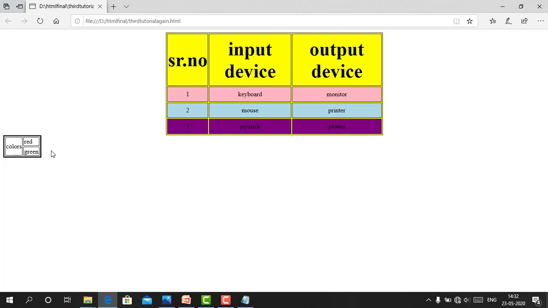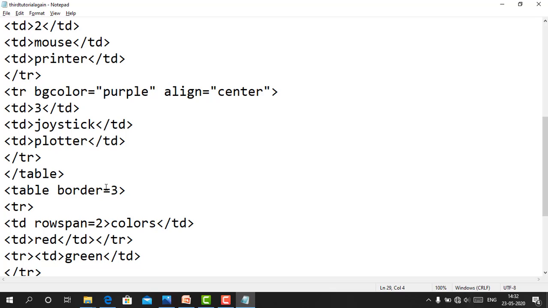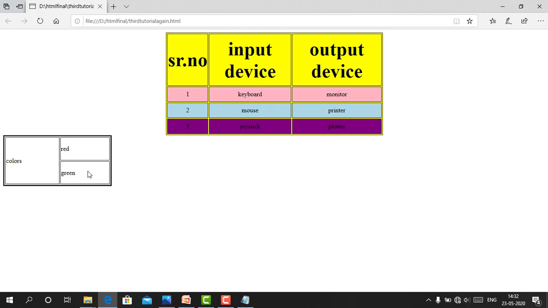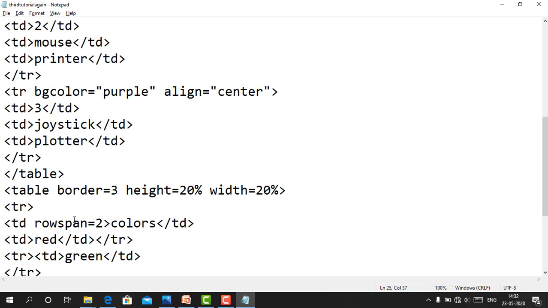Okay, we got this, but height and width should be maximum because we want a big table or huge table. Okay, so height equals to 20% and width should be 20%. Control S, just refresh it. Okay, now we want this as a red color and this as a green color. So set the BG color.